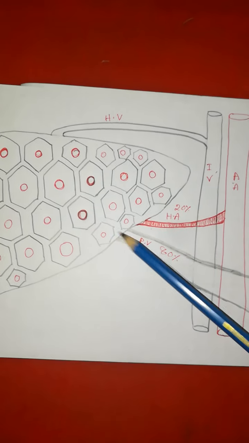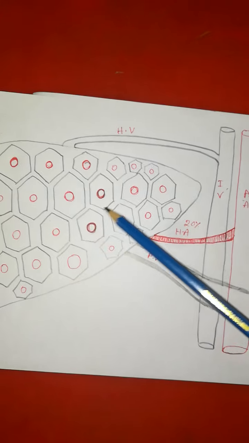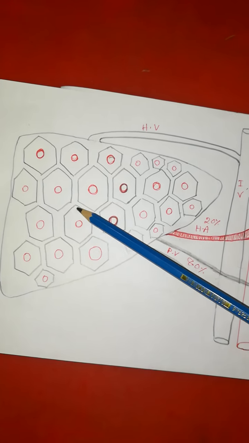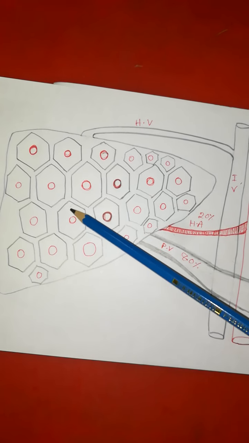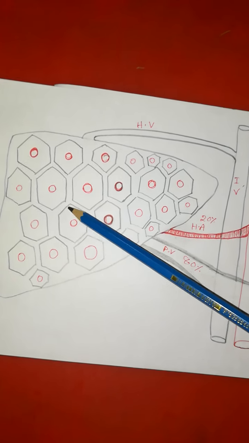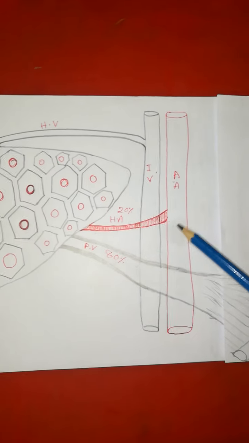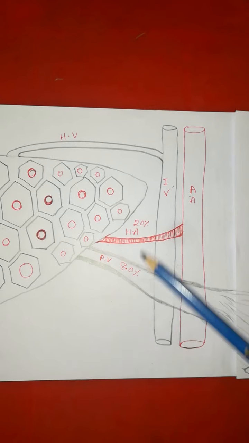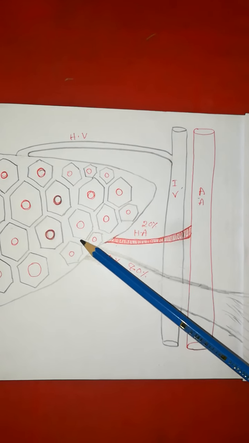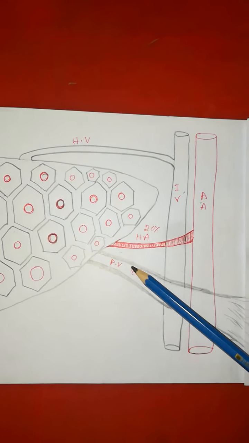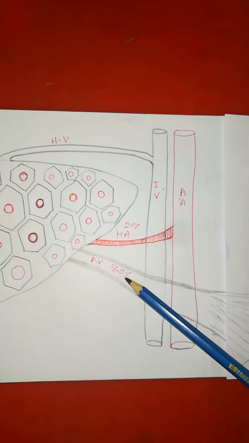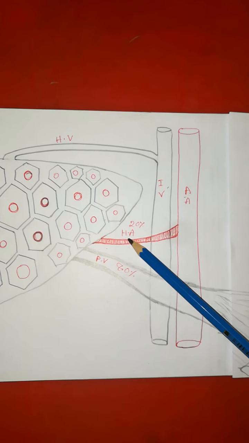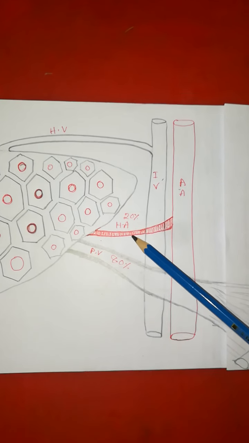So this hepatic artery and this portal vein enter into this liver. This hexagonal structure is called the hepatic lobule. I will discuss this structure of the hepatic lobule in detail later. Now follow here, the hepatic artery and portal vein drain into the liver. The portal vein contains more nutrients, less oxygen, 80% of the blood, and 20% of the blood through the hepatic artery is more